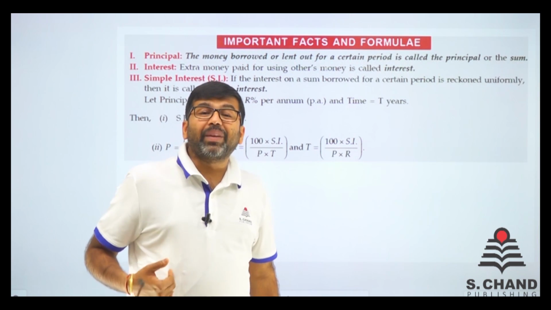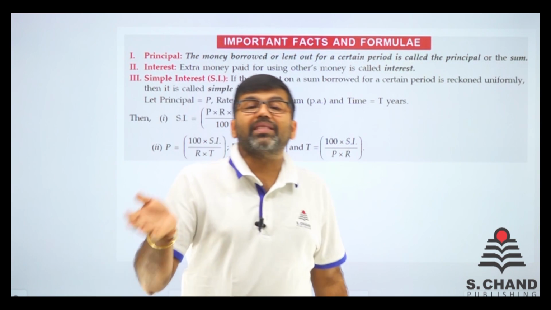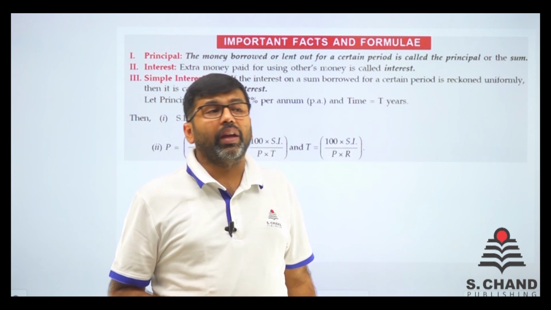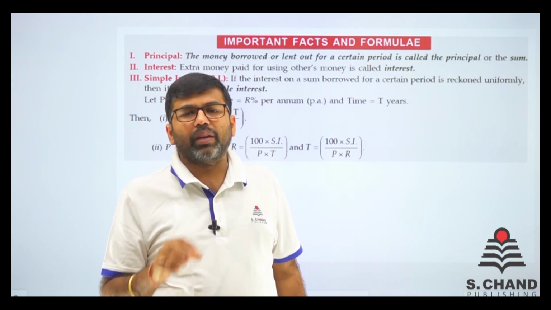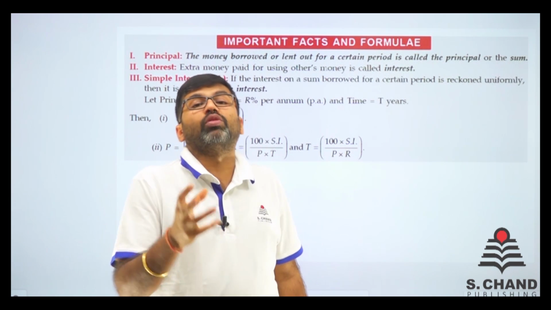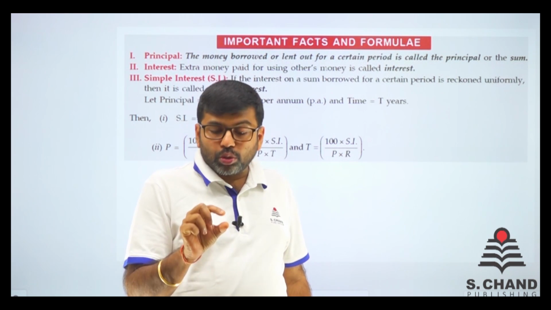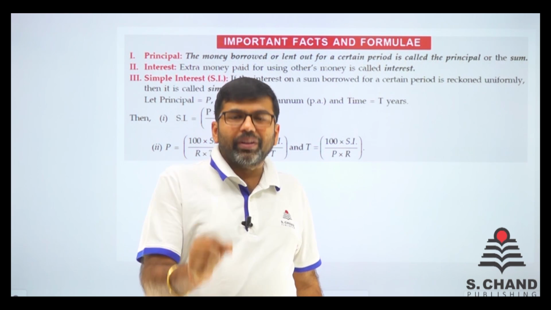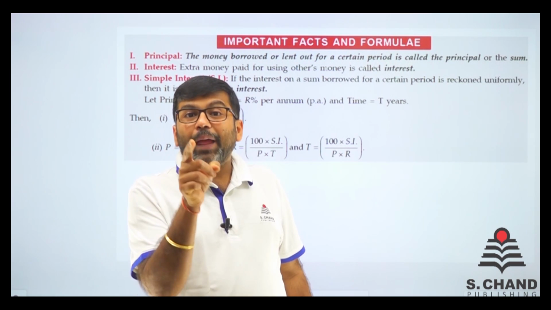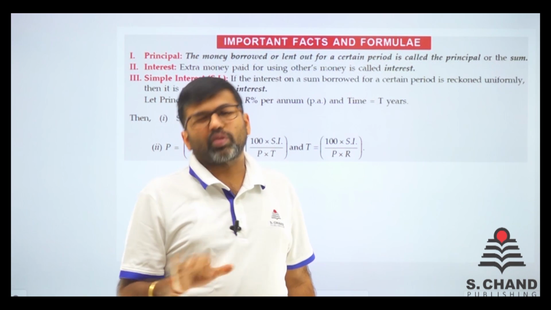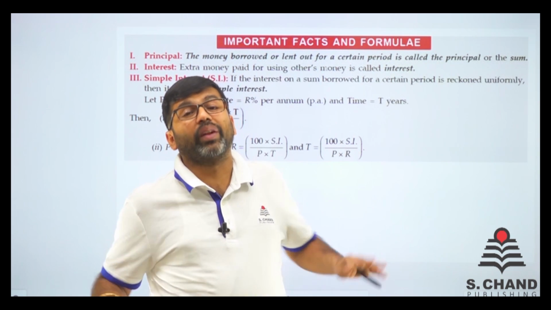Basically, you take money from someone or give money to someone on loan, or just borrow money. You are borrowing 100 rupees, so you will not return just 100 rupees. You will give it back with some extra money, and that extra money is interest. Generally, we call it simple interest or compound interest.